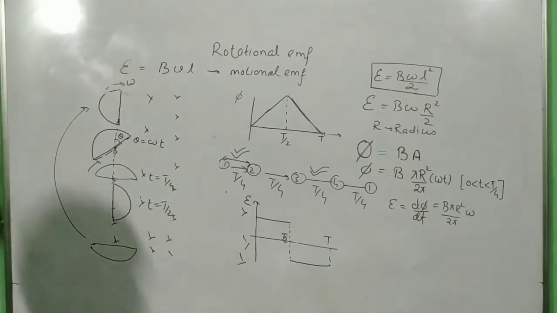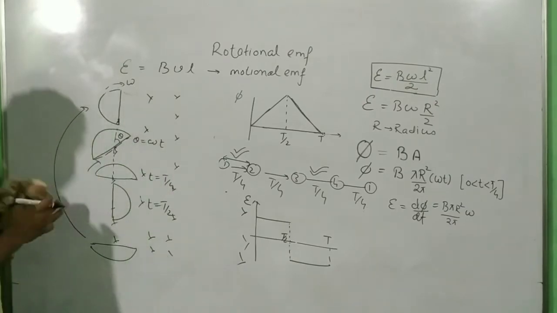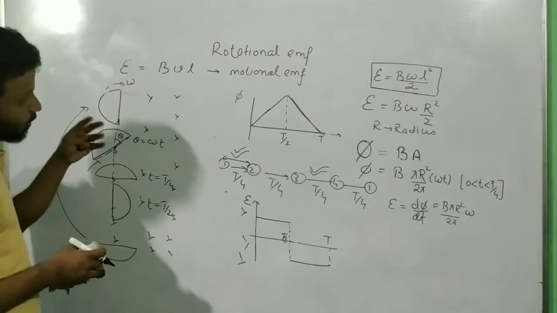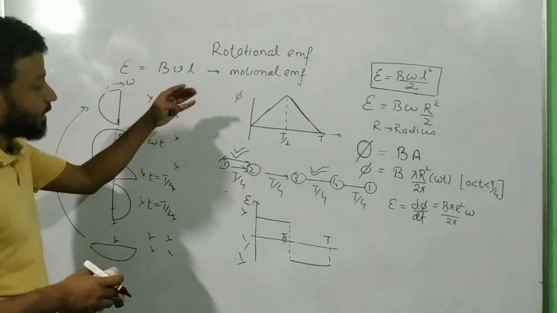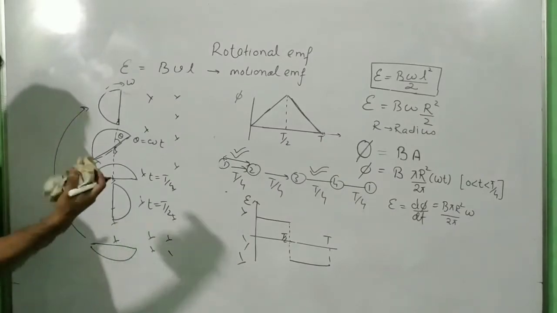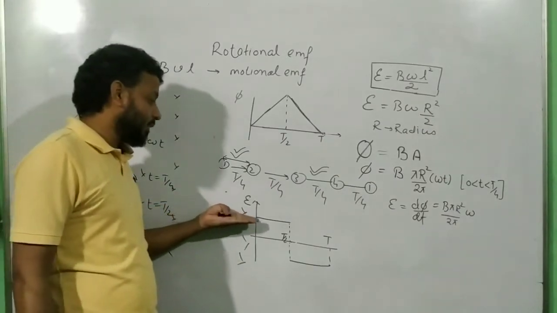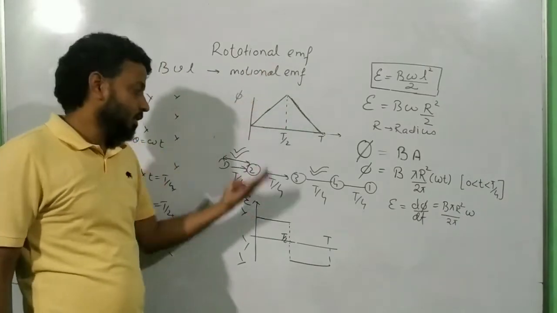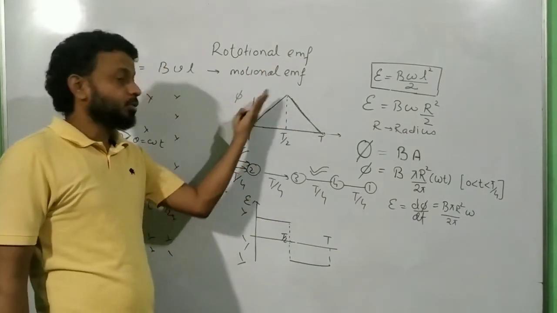These are also very important questions where they ask you to plot. Just remember this is the logic, and if they ask you to plot both, then first plot phi, because phi will help you to get the value of EMF, or vice versa, whichever way you are comfortable. Remember, when EMF is horizontal, phi should be inclined. This you remember: when EMF is horizontal, phi should be inclined.